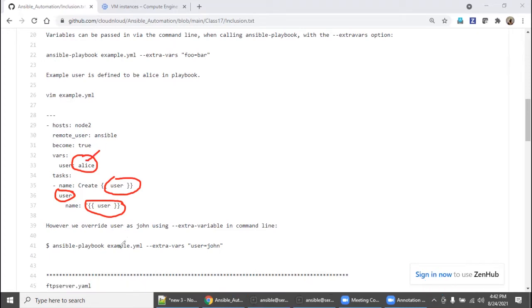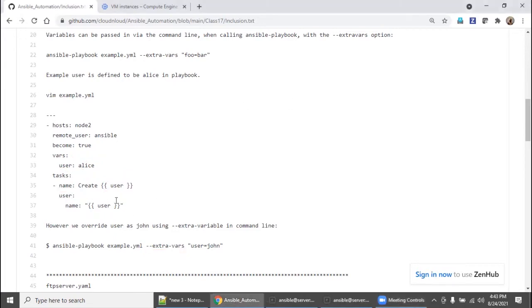But each time new users are joining, I do not want to create or append to the existing playbook. I just want to call this playbook and assign a new value, which you can do using --extra-vars. You can replace the necessary values.